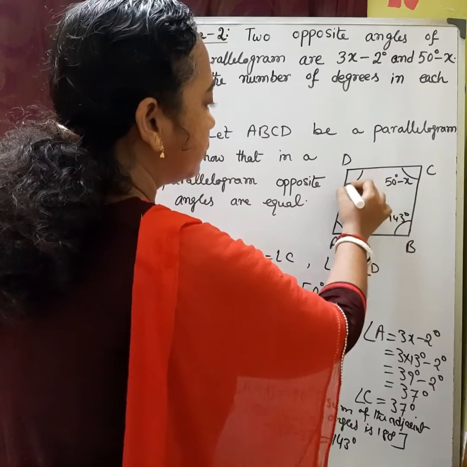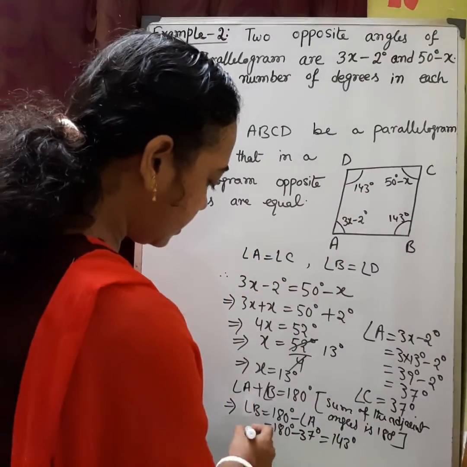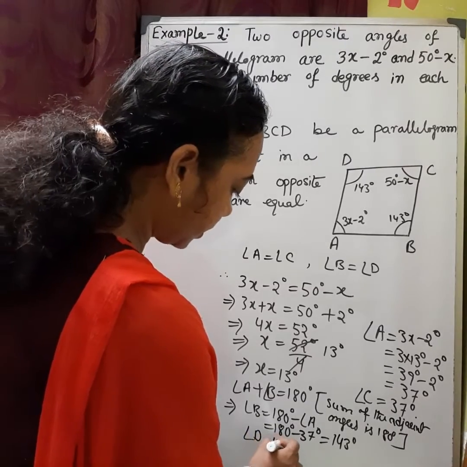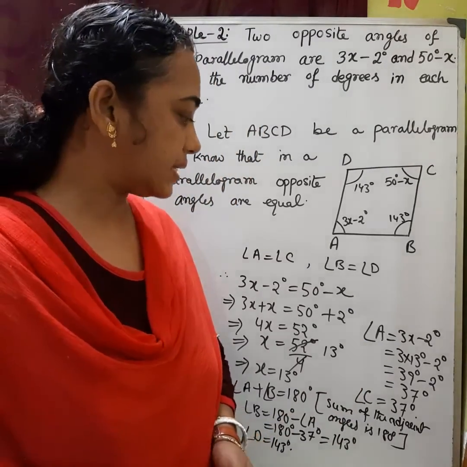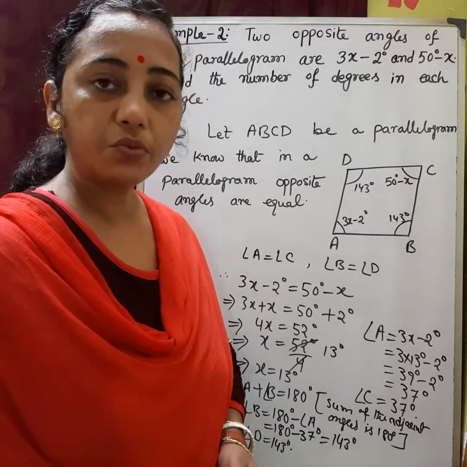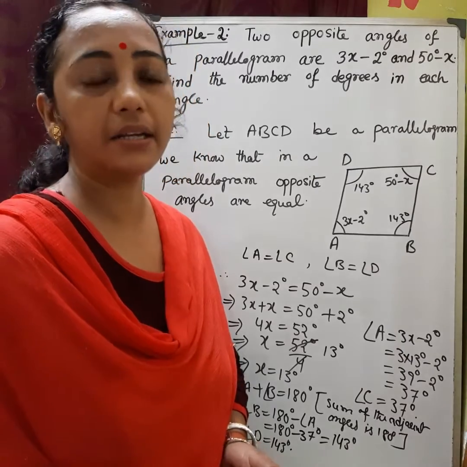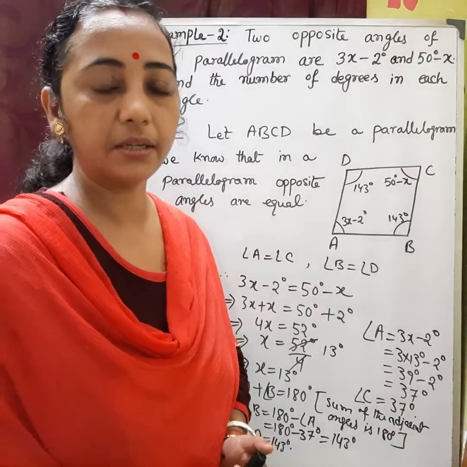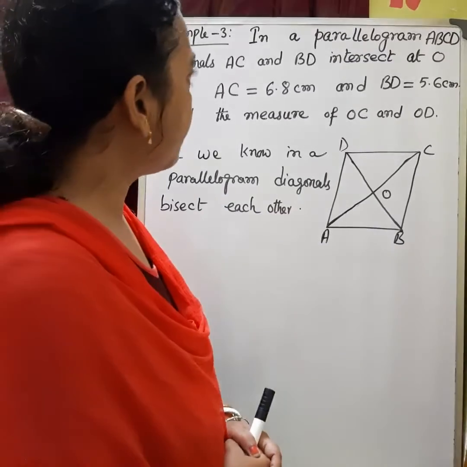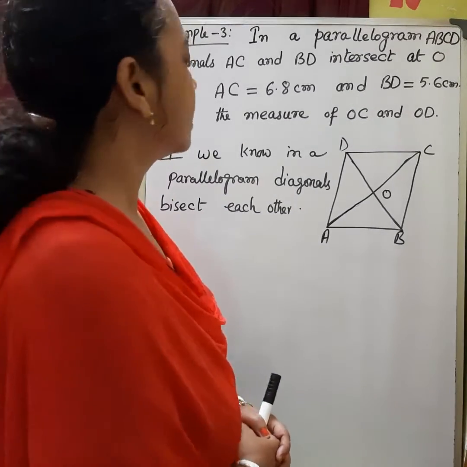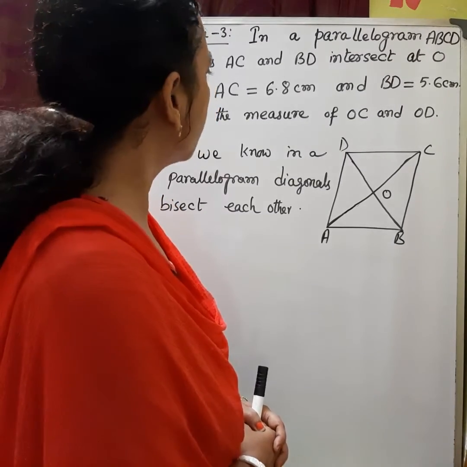So then measure of D will also be 143 degree. Therefore the measures of angle A is 37 degree, B is 143 degree, C is 37 degree and D is 143 degree. Now let us do another example. In a parallelogram ABCD, diagonals AC and BD intersect at O,